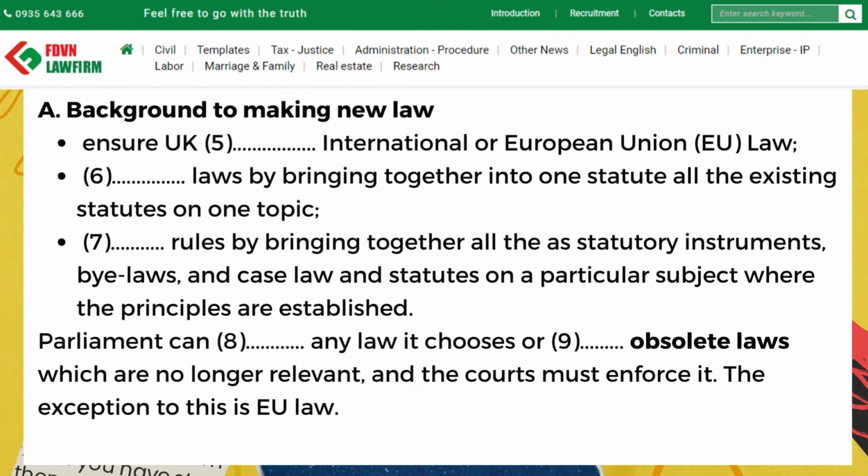Ensure UK compliance with international or European Union (EU) law. Consolidate laws by bringing together into one statute all the existing statutes on one topic. Codify rules by bringing together all the statutory instruments, bylaws, and case law and statutes on a particular subject where